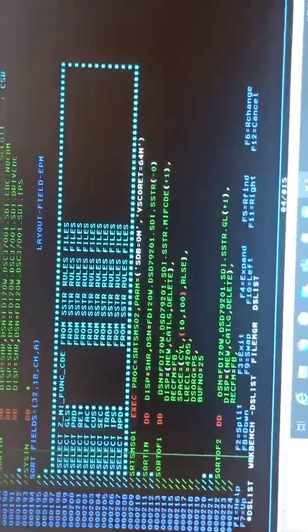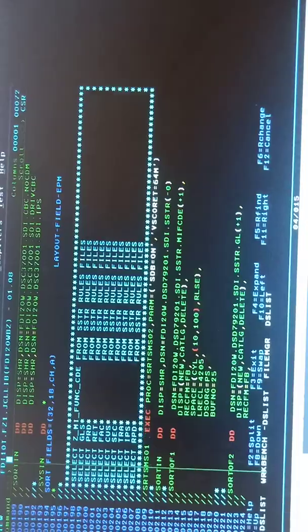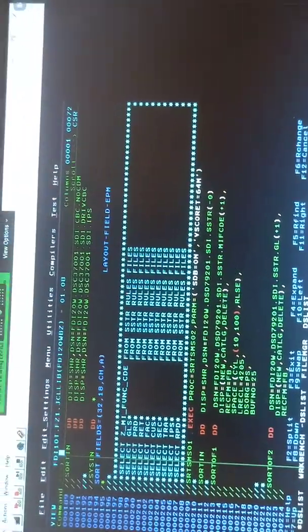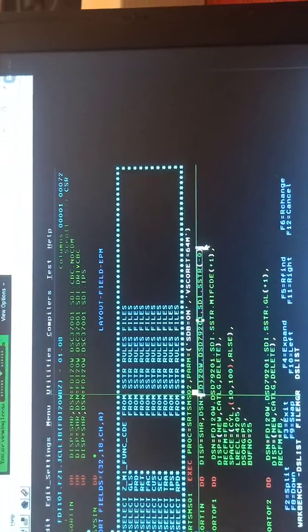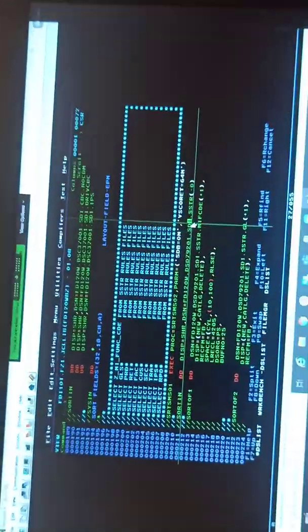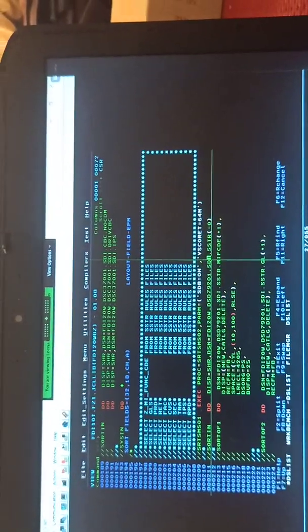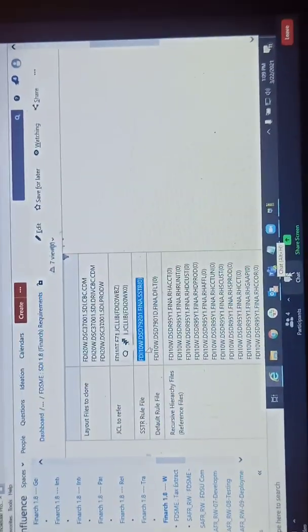Okay, so now you have your input, right? But to create your extract, you will need some logic. What all fields should be written in the output file, and what is the logic to write that field? That logic is present in this SSTR file, and that logic will be entered by the finance people, the users. Okay, so this file we will have now. This is the base file for you. It will be FINA. I think I have mentioned that file too here. Yes, FINA.SSTR. This file will have the rules for all the extracts, not only for wholesale.